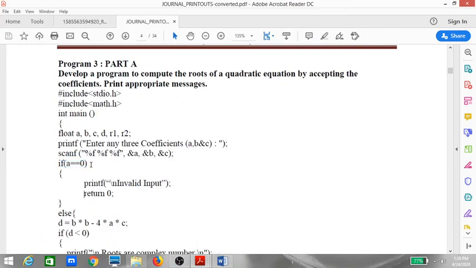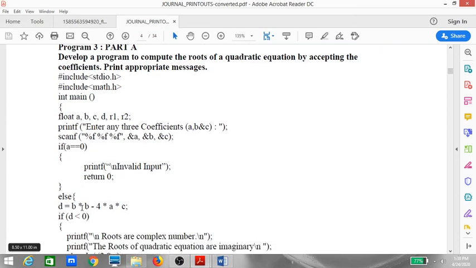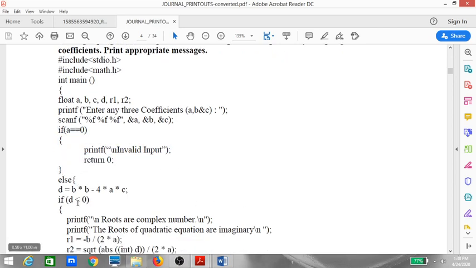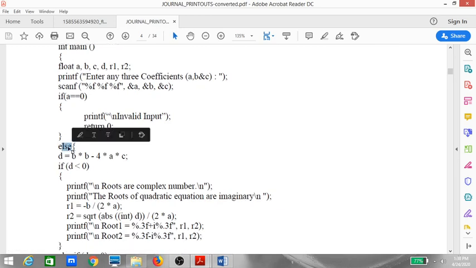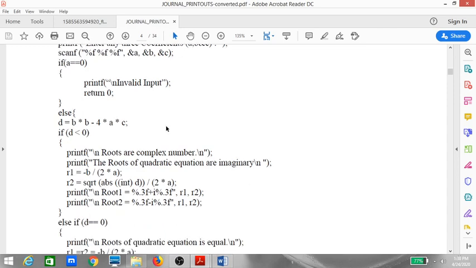Now, if this condition is not true, that means a value is not 0, then what we are going to do, we'll look in the next part. So if this condition is true, then these statements will get executed, else this statement will get executed. Now when I'm executing else, in else also we are not going to put a semicolon, as you can see. Now the question is, where will this else end?